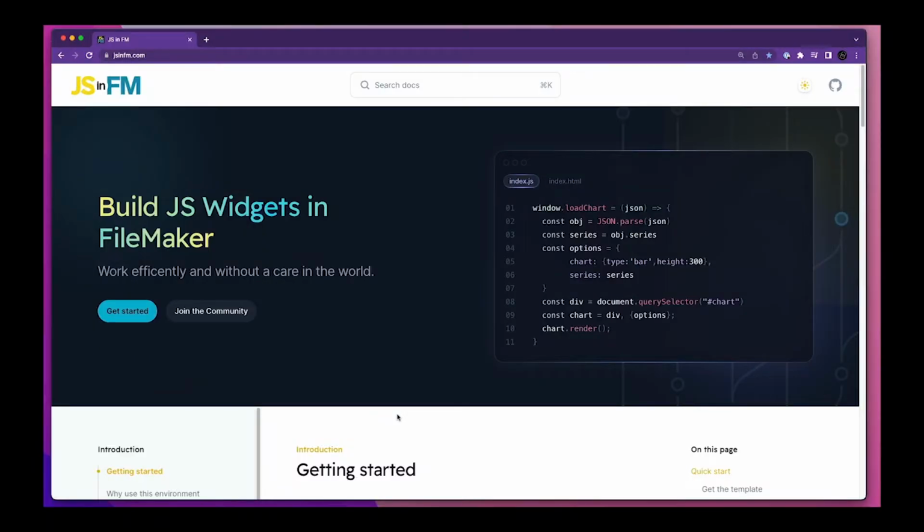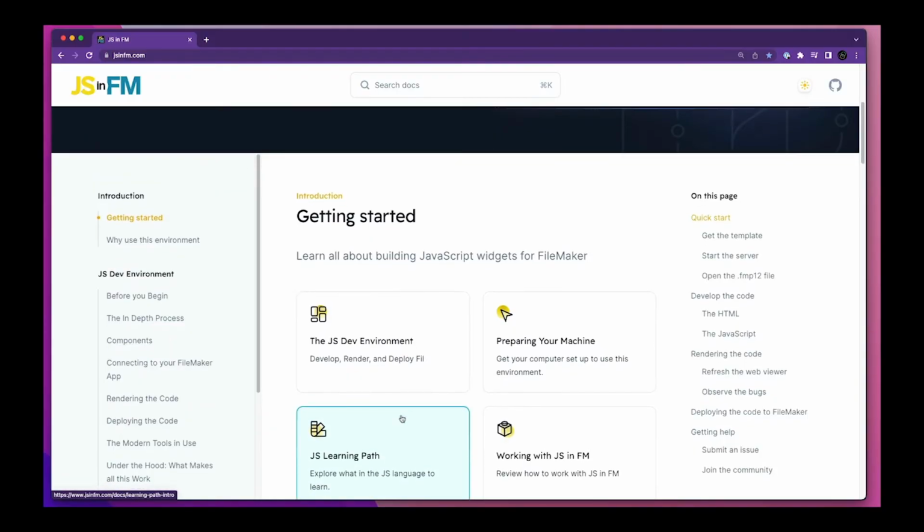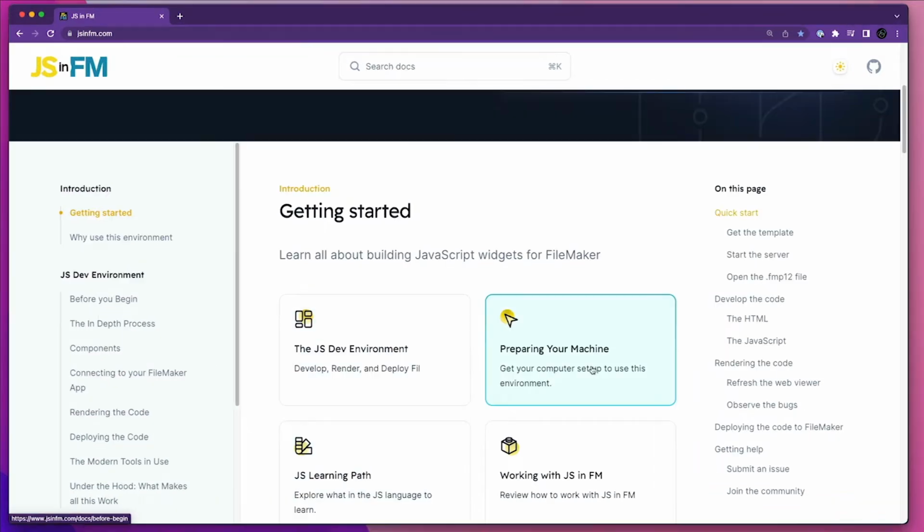The first place you should go when you're working through this is this JS in FM site. I'm working on this documentation site to help you with everything about this. This covers both the development environment and the JavaScript that we can use in FileMaker. There are two places you want to go to start. First of all, you can read about the JavaScript development environment here and how it solves a lot of great problems. You can also look at how to prepare your machine, and that's what I'm going to do today with